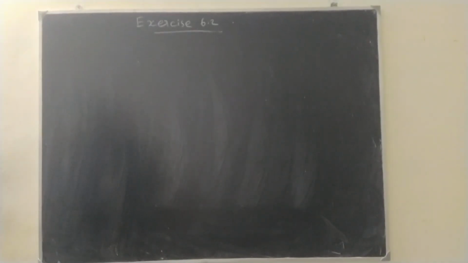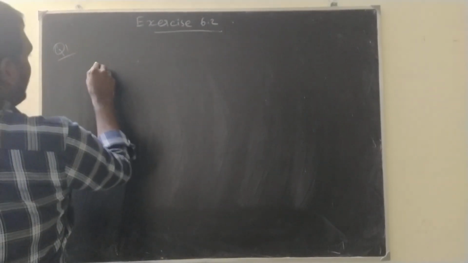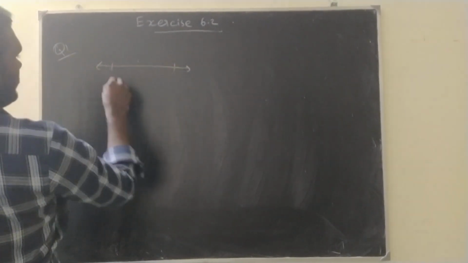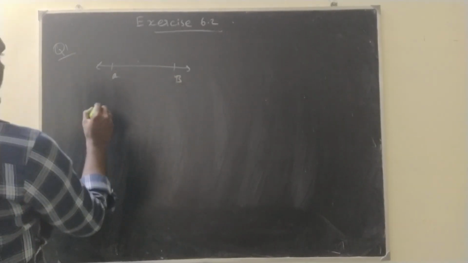The exercise 6.2, question number 1. One diagram is given. AB is a line and CD is a line,